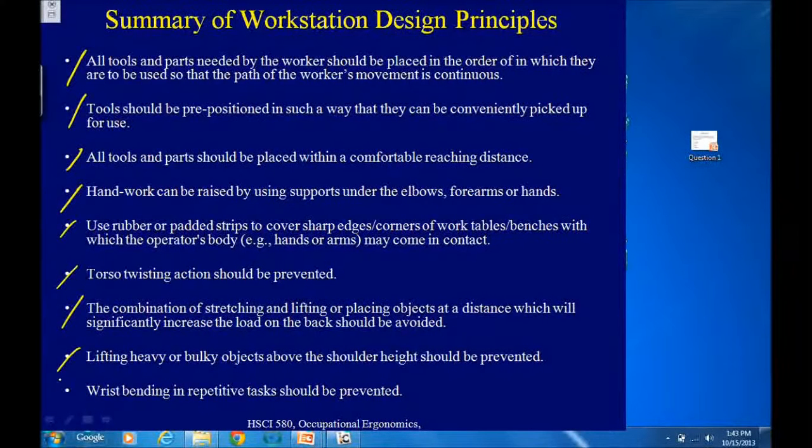Lifting heavy or bulky objects should be avoided. And notice this, it's heavy or bulky. It can be heavy and bulky, which most of you understand, but heavy or bulky. Why is that? Important concept is,